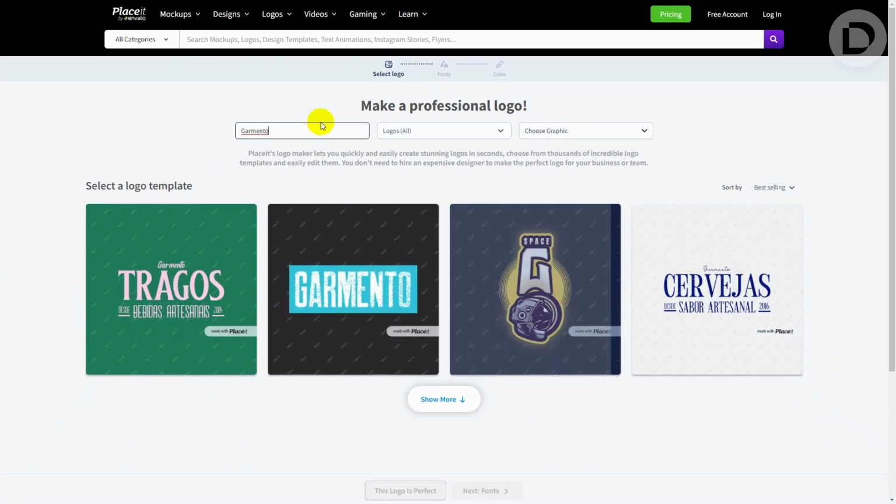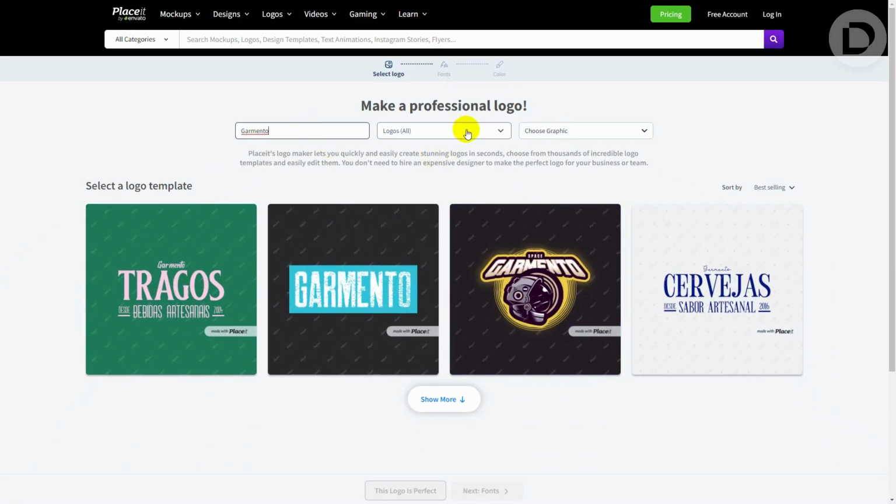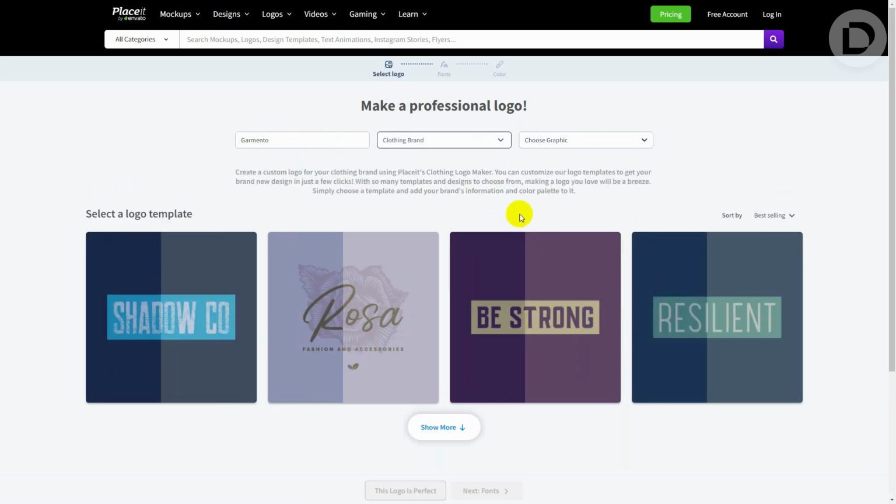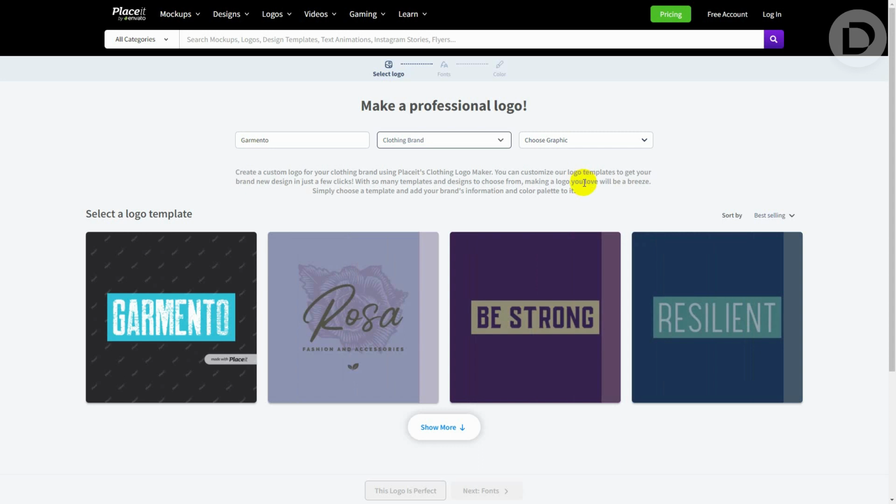Once you have added your brand name, go ahead and click the next drop-down menu on the right-hand side. Here you can select from dozens of different industries for your brand, and the industry that you select will determine the style of templates that will be displayed for your logo. For Garmento Company,